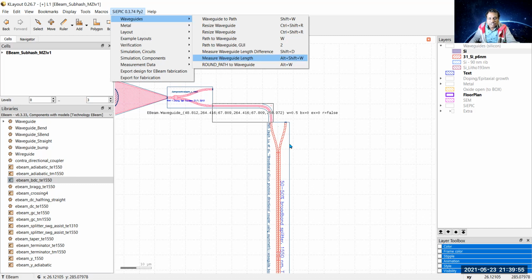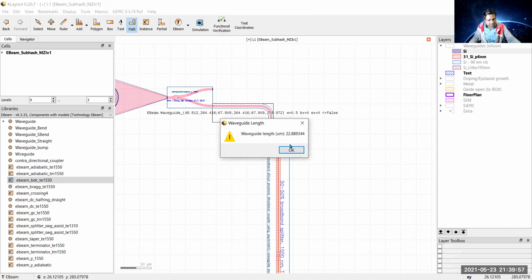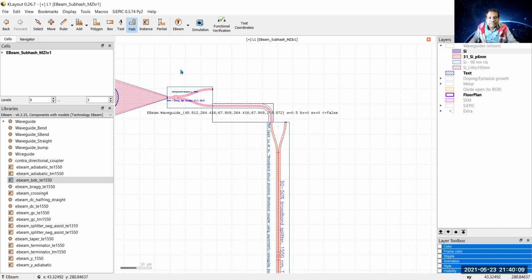So we see the length of this L1 is presently 22.889344. So 22.889. Click OK. Now I want to make another connection from this port to this port, which will work as the L2 length, the second length of the Mach-Zehnder interferometer.